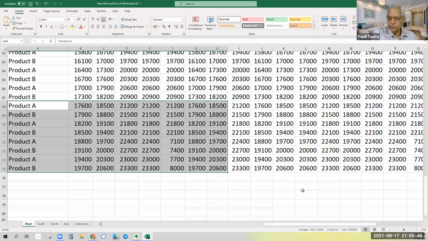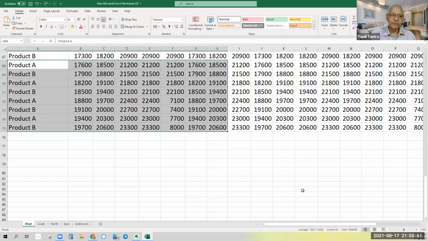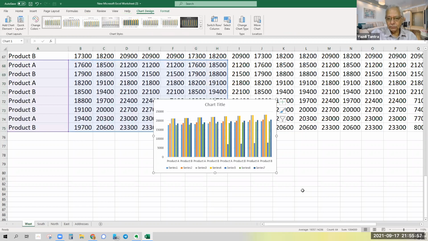Okay, now there is still a quicker way of doing a chart. You say Alt F1. You got the chart right away. This is very cool.